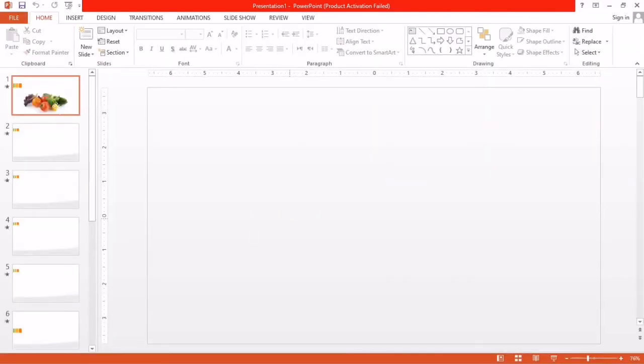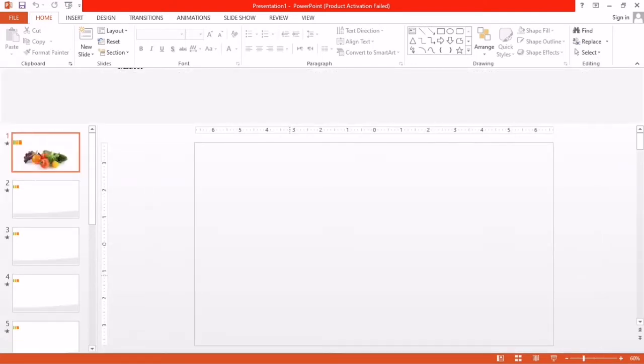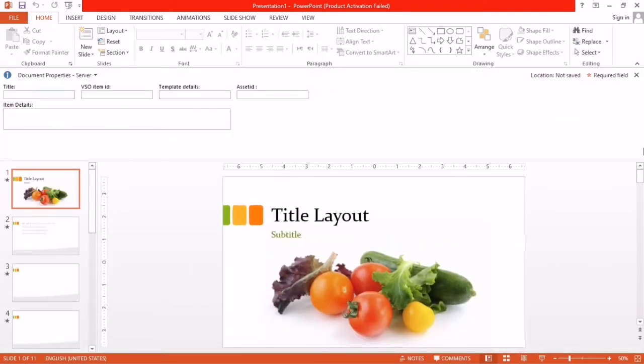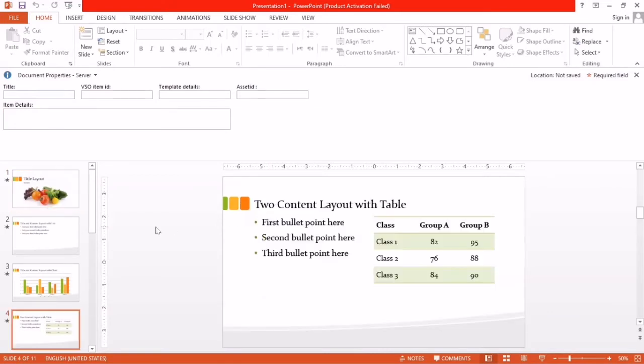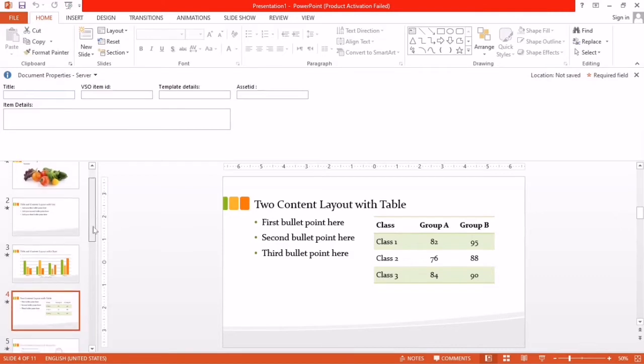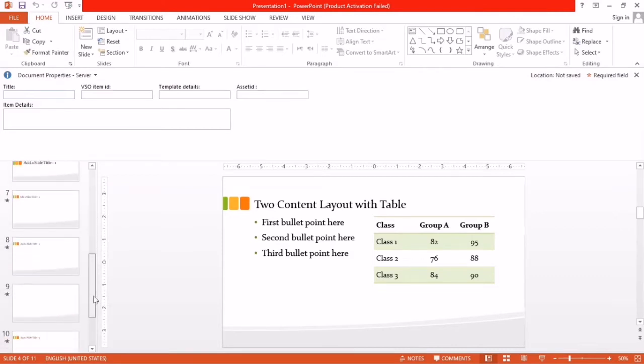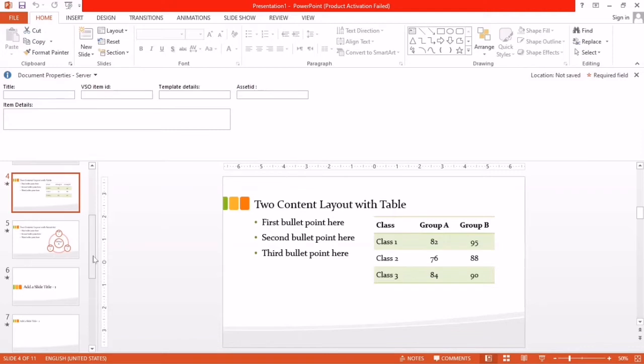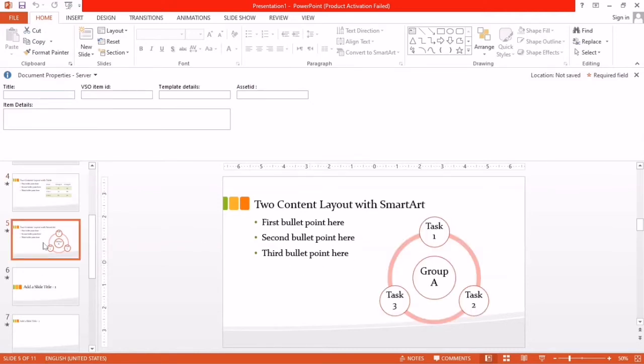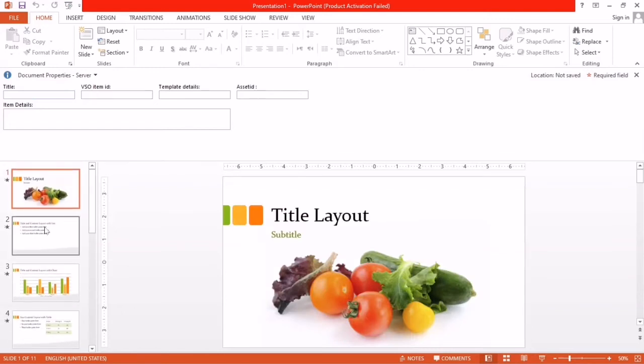Now you can see here this is the first slide, and here 2, 3, 4, as many slides as you want to insert. You can see different slides are available, and here the information about this is already available. So if I click on any of the slides, you can change the data, but these slides are already made here. So this is very easy for you to insert data in this.